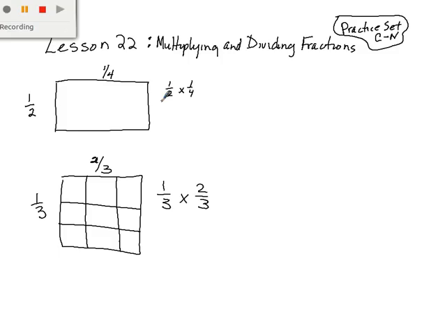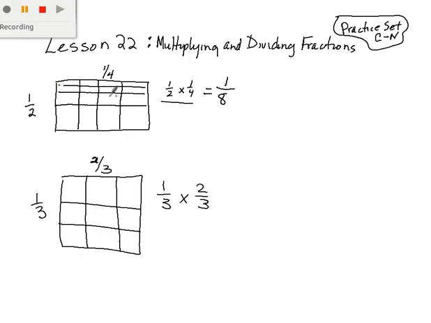So if you have to model 1/2 times 1/4, you know that you multiply numerators and get 1, and you multiply denominators and get 8, but how would you model it? This says we need to show half, so we are going to divide this rectangle in half. This said we need to show fourths, so we are going to divide this one into fourths. To show 1/2,